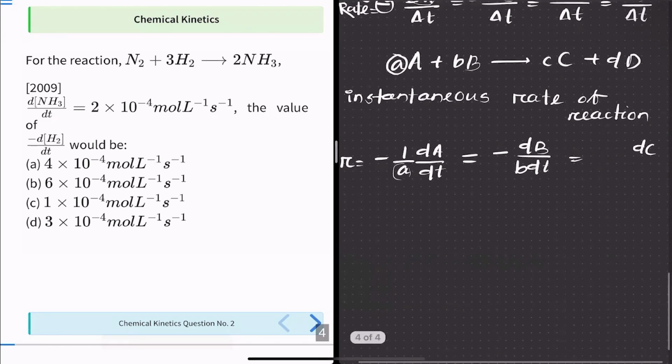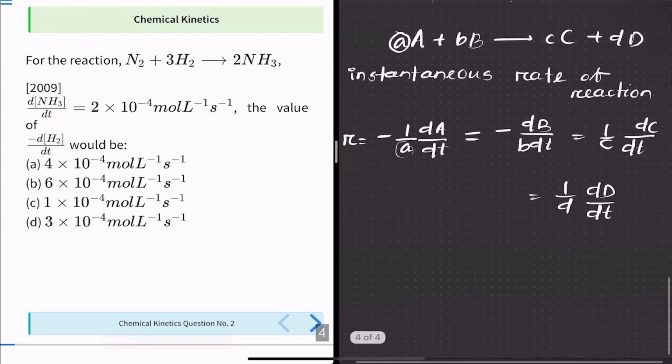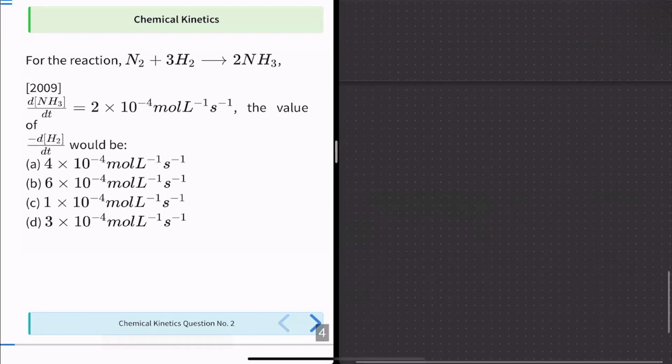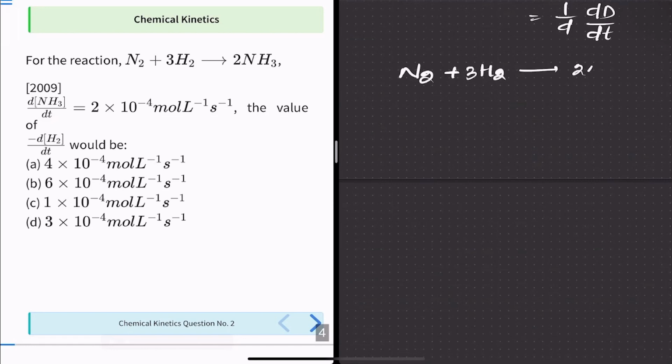dC by dt, 1 by C, 1 by D, dD by dt. So for the instantaneous rate of reaction, it is of this form. Here it is given N2 plus 3H2 gives rise to 2NH3. So let's write the formula for it. For this reaction N2 plus 3H2 gives rise to 2NH3, the rate of reaction would be minus d[N2]